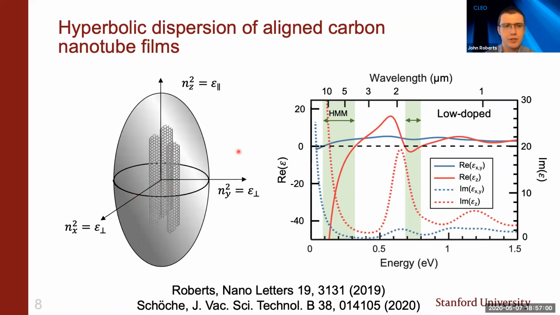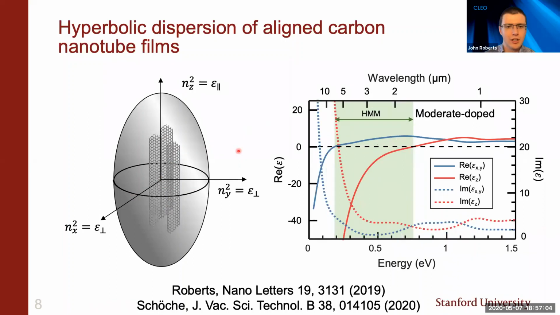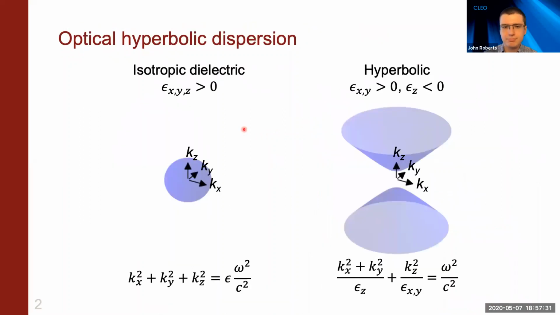And another unique feature for carbon nanotubes is that we can control the carrier concentrations through doping. So these are the same dielectric functions measured after doping by exposure to nitric acid vapor. And what we can see is that because the exciton has been quenched and the carrier concentrations are increased, the hyperbolic wavelength range has blue shifted and is now wider in frequency. So now we have a hyperbolic wavelength range that covers much of the mid-infrared. And in the rest of this work, I'll be talking about things that we can do in this broad hyperbolic wavelength range. So just to review,